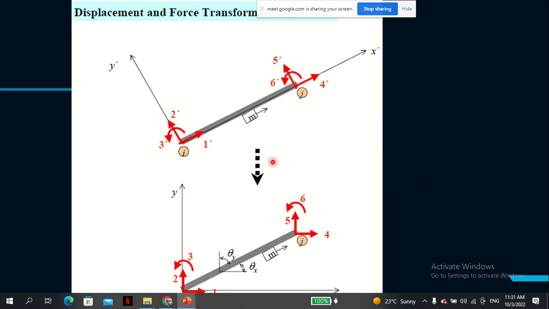So that's the idea, in fact. And the only other thing you need to know is to transform because of the orientation. Sometimes the beam or the member is not aligned to the universal, or what you can call the global stiffness. So you need to know these values, the theta x, theta y, and of course these have a relationship with